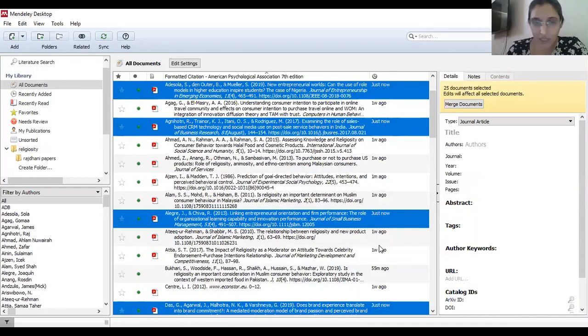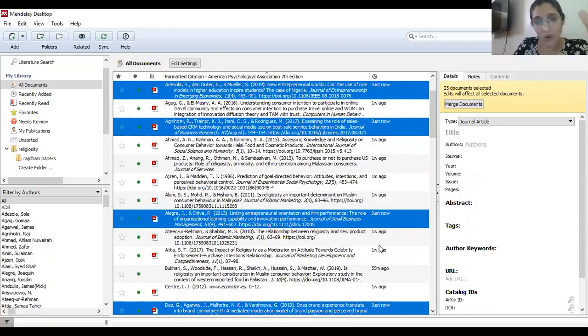Can you see on my screen, there are some blue highlighted things. Can everybody see blue highlighted on my desktop version of Mendeley? Yeah. So these are all the papers which have been added from that folder, which I just added. There were some 10, 11 papers in that, and those got added, and Mendeley says, okay, these are your papers.